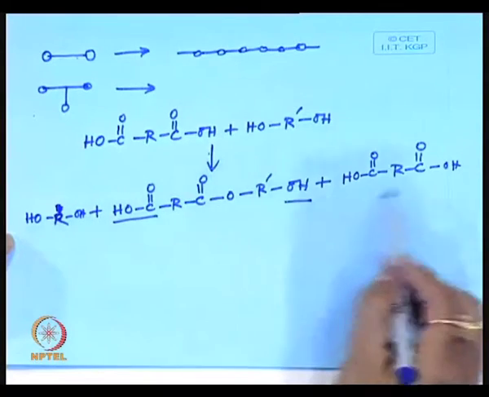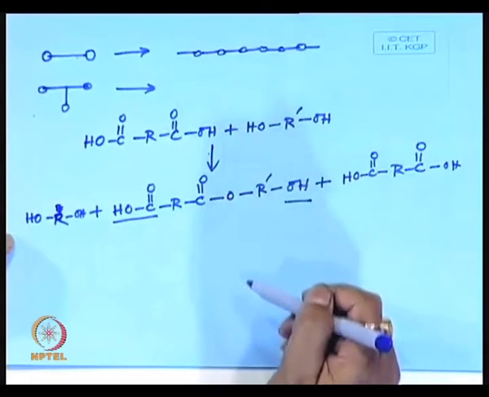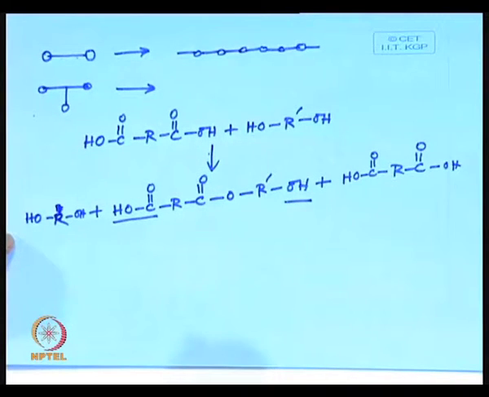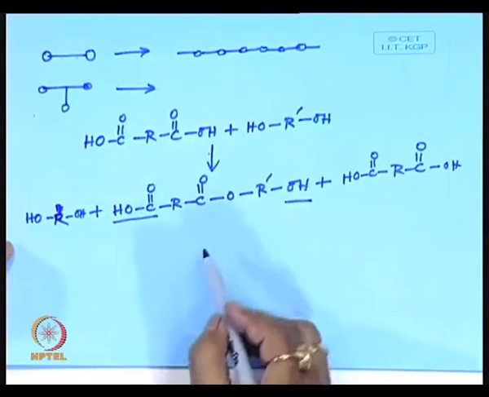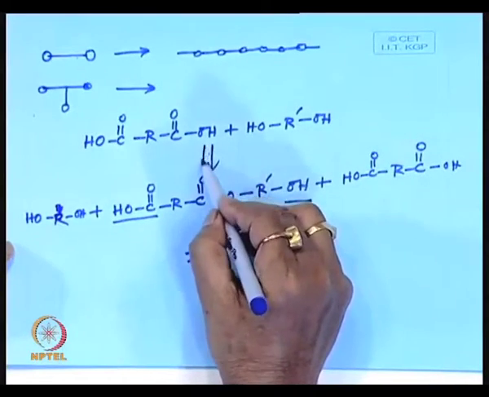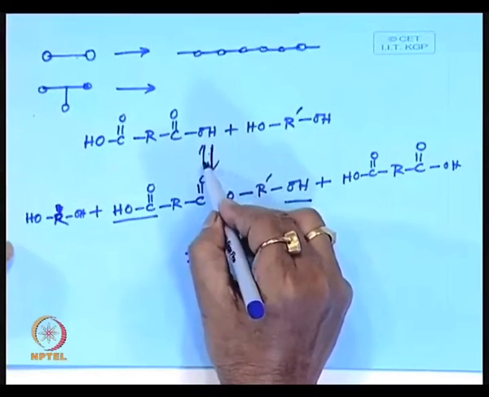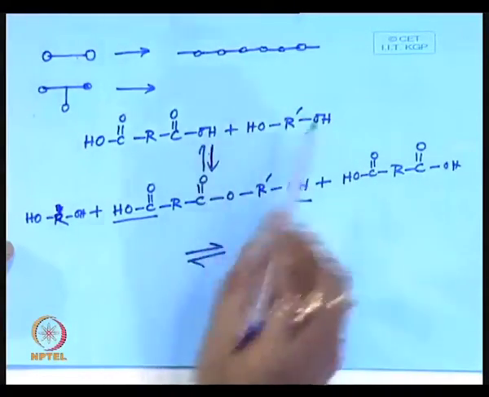So, this way it will continue to go on increasing the length, and these reactions occur in so many different steps. And you know, these esterification reactions or amidification reactions are all equilibrium type reactions. They set an equilibrium after certain progress. So, equilibrium means that the product can revert back to the reactants.